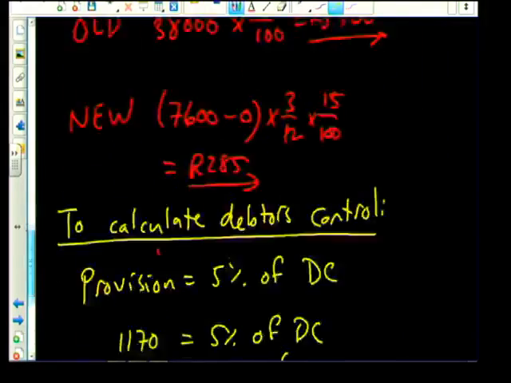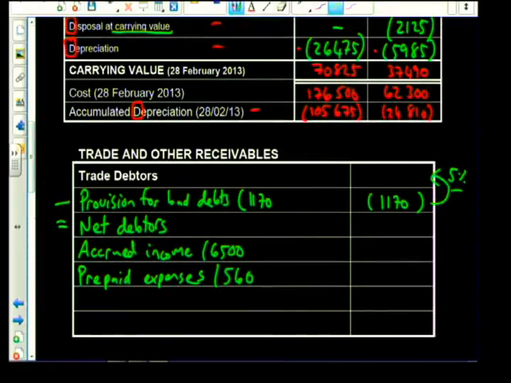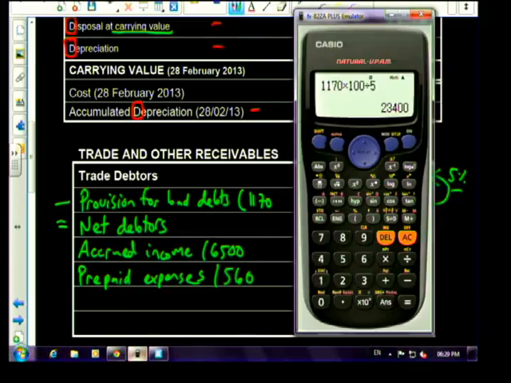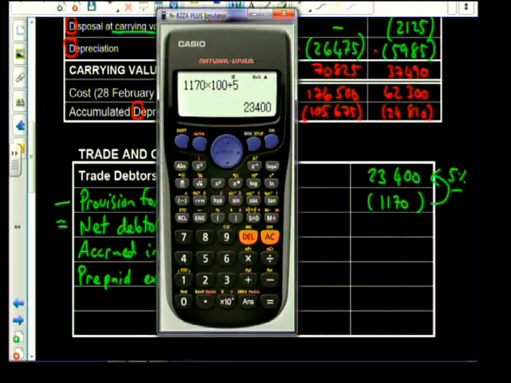So let's write that over here. Our debtors control is 23,400 Rand. Let's just check the figure. And the way we can check the figure, we know that we're supposed to have 5% of it as our provision. So if we multiply this by 5 over 100, that should give us the correct figure of 1170,